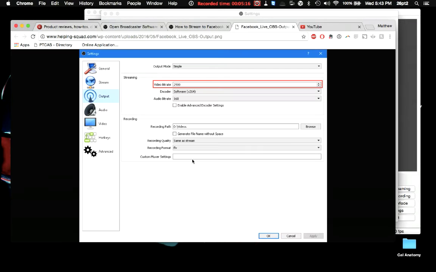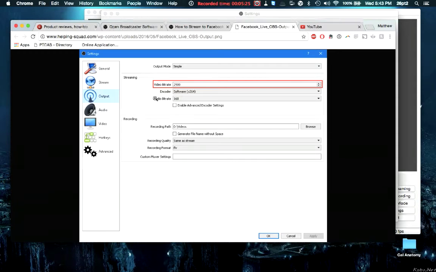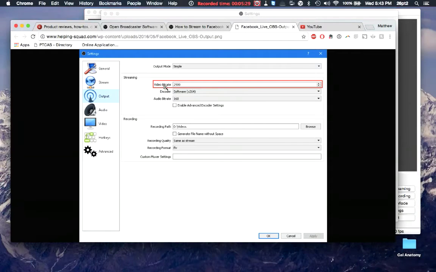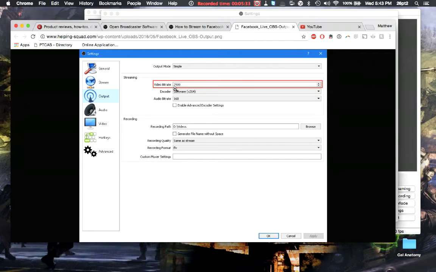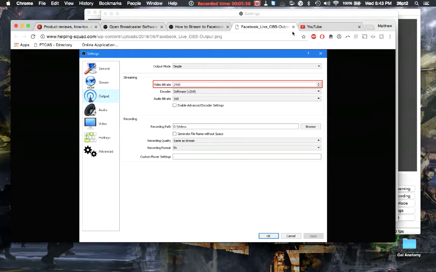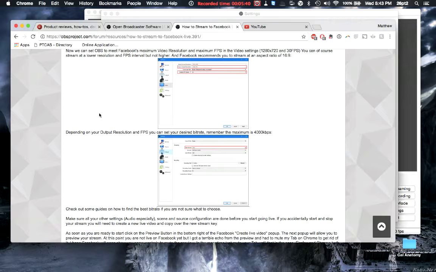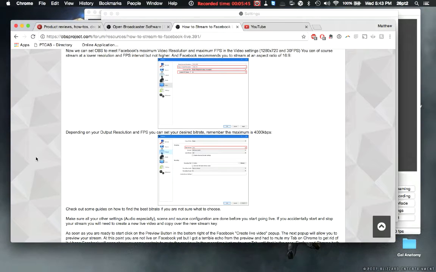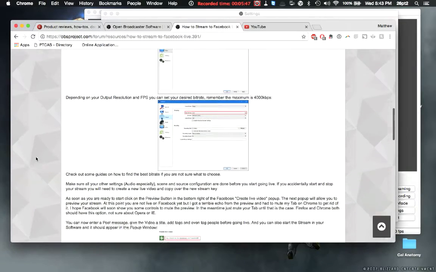And again, for the audio bitrate, here they have 160. I use 128 just to play it safe, and the audio bitrate is not really that noticeable. Just remember the video bitrate: 4000 is the maximum number for streaming to Facebook Live. So double check those values, make sure those are all good, and then you've got the